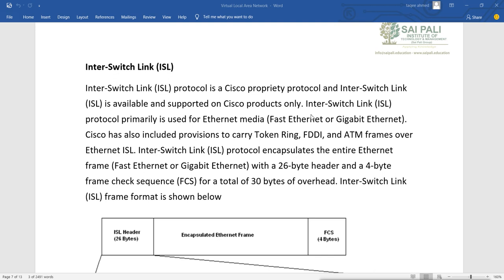Then this ISL protocol is primarily used for Ethernet media, that is Fast Ethernet or Gigabit Ethernet.